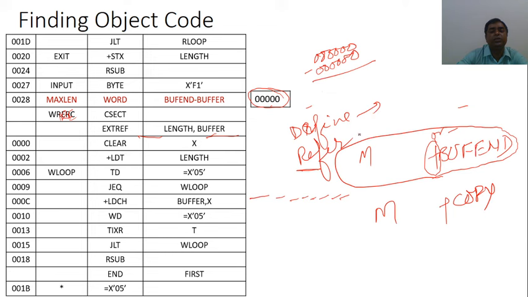These records are used when I am using a control section. The define record is used to find out what symbols are defined in this control section. The refer record is used to find out what symbols are referred in this control section but defined in another control section. When we discuss the object program corresponding to an assembly program with control sections, the records will be: header record, then define record, then refer record, then text record, then modification record, then end record.